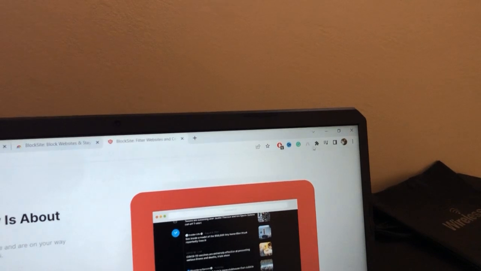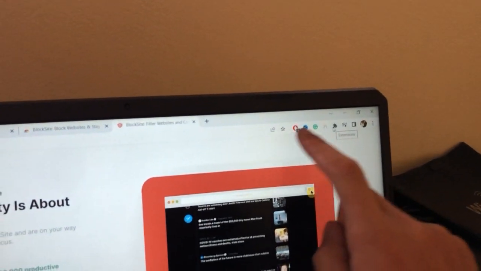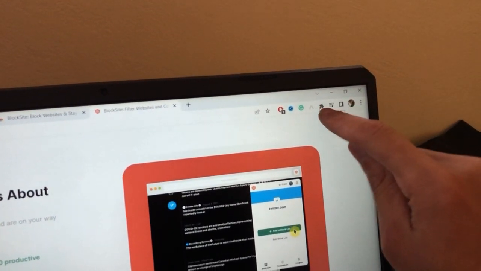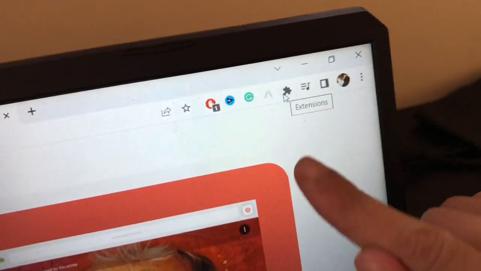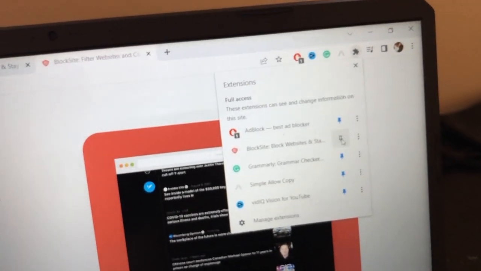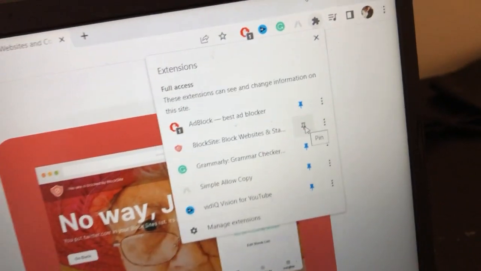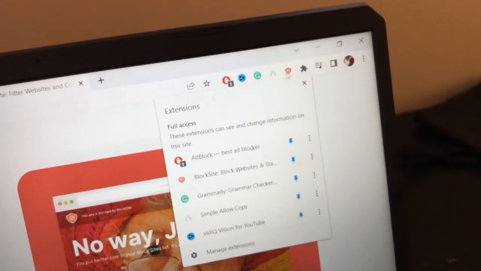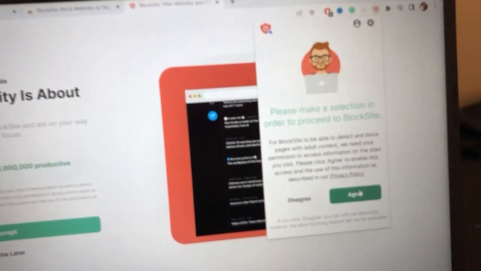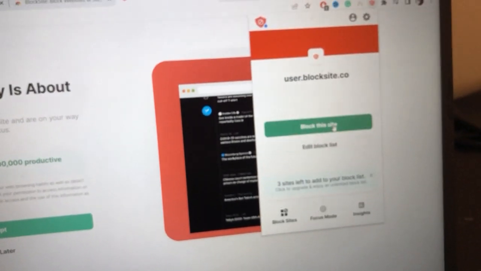Now after that you want to click this. If it's not in the top, if you can see it here, you want to click here on extensions. As you can see, this icon here, click on it, and then pin the extension in the top. You want to click on pin this one. Now after that you will see it in the top. What you want to do, guys, is click on it and click on agree, and then click,